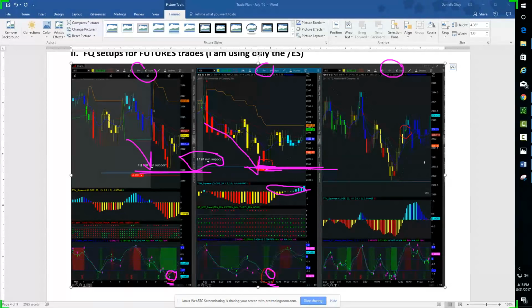The other way you can do it is you can use the 377 tick chart trigger, which is all the way up here. So then you're entering here instead of down here. Like I said earlier, I like to perfect my entries because I don't want to have this risk. I'd rather have this risk. So that's why I use this and enter as close as I can to my stop point. Does that make sense?